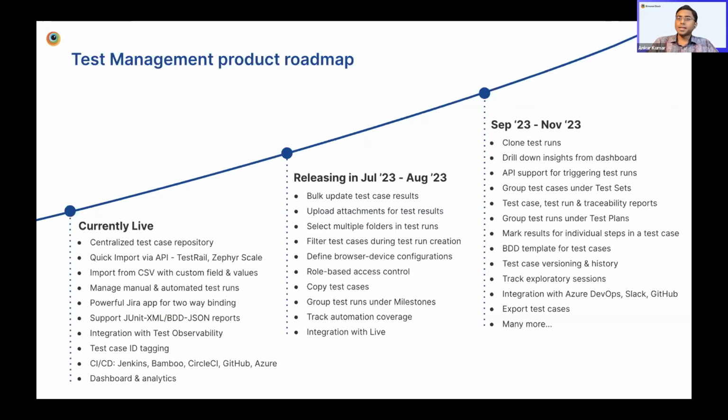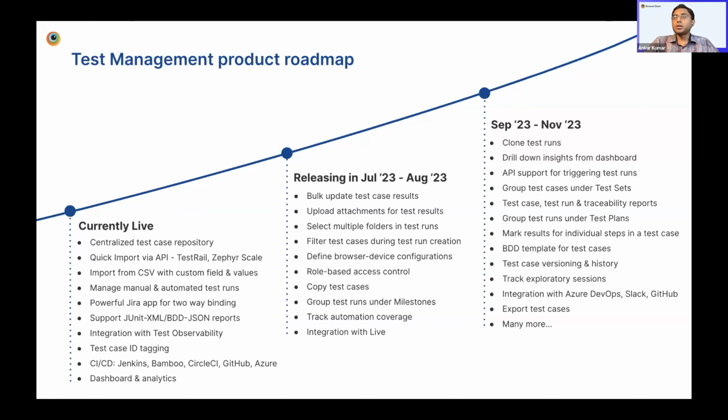Grouping test cases under test sets so that you can easily refer to certain set of test cases bundled under test sets. Detailed traceability reports from test case test run perspective, specifically for Jira stories, right? So how many Jira stories are open right now, and from those Jira stories, how many test cases are linked, and for those test cases, how many defects are filed. So entire end-to-end traceability report is something which we are working on. We're eventually going to work on